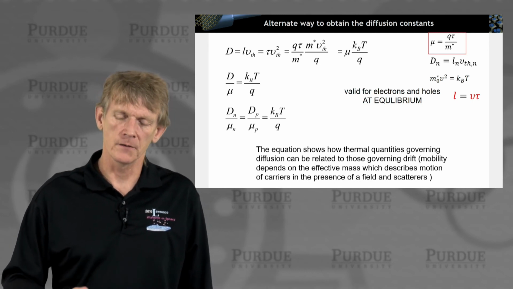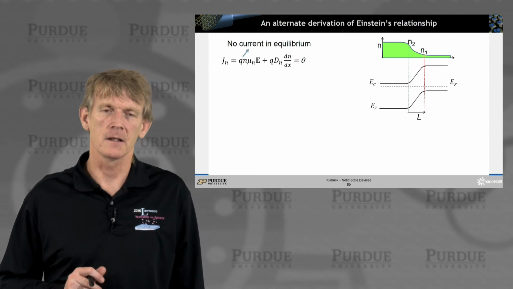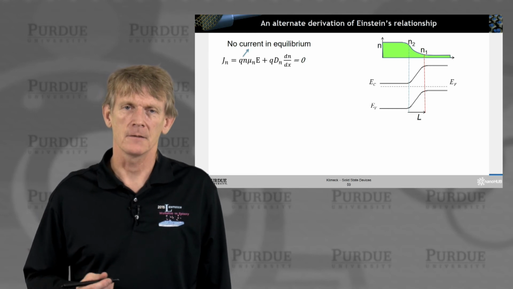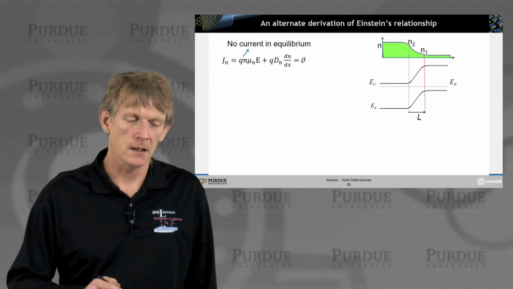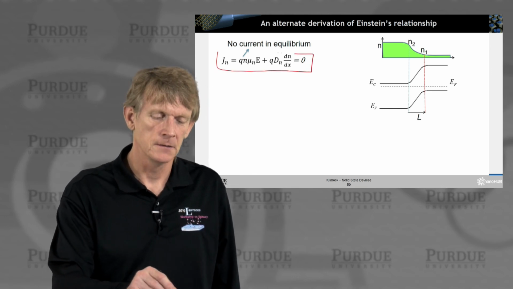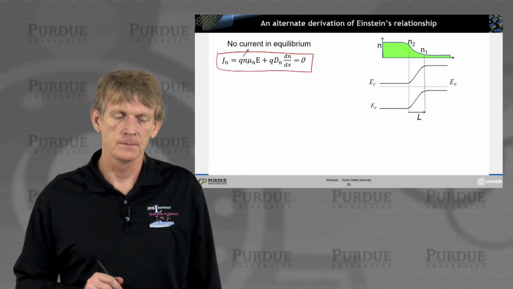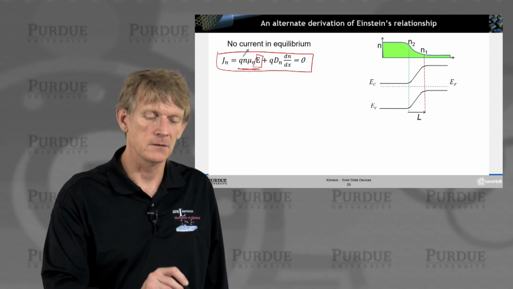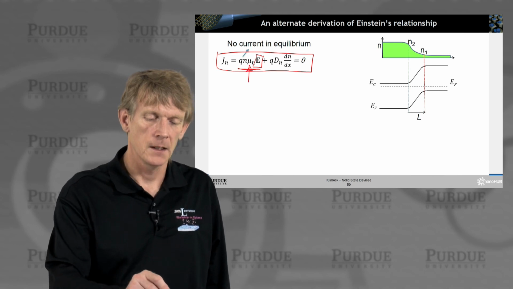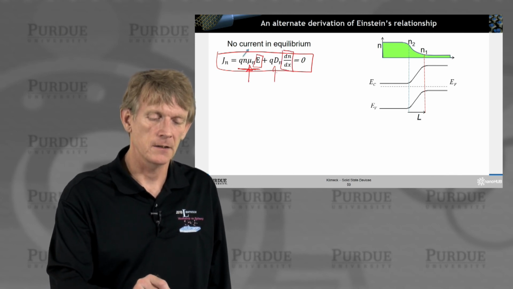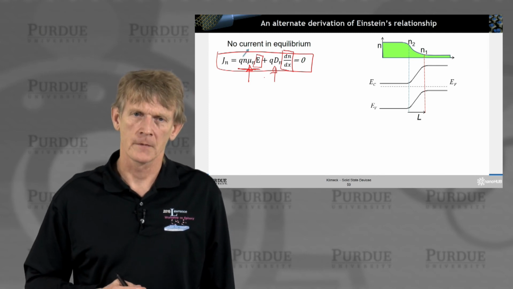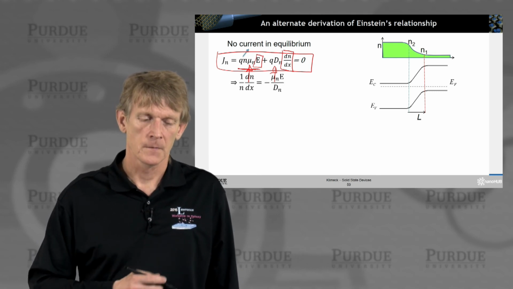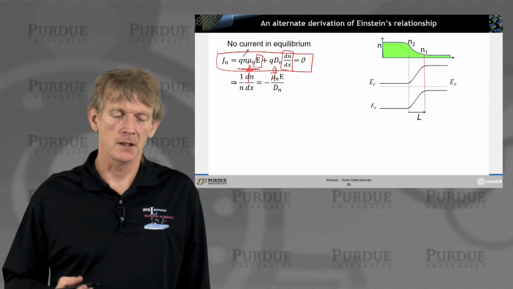So there's another way of looking at this and deriving it in another way that is somewhat shorter, but you have to have a little bit of device insight already here. All right, so let's start out again from the drift diffusion expression that we had written down at the beginning of the class. We have a drift term here that depends on electric field, and it has the mobility in it. And we have a gradient of the charge that has the diffusion component in it. At equilibrium, these terms must be 0. Okay? That means we can balance out the equation like this,